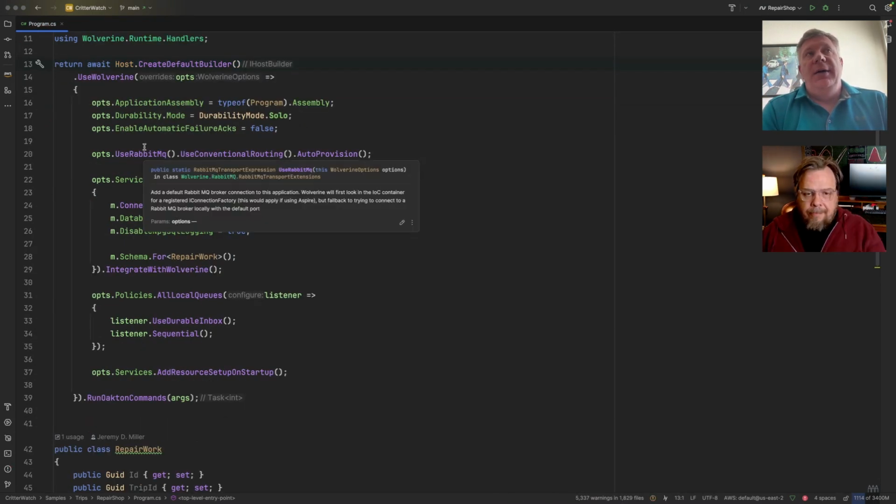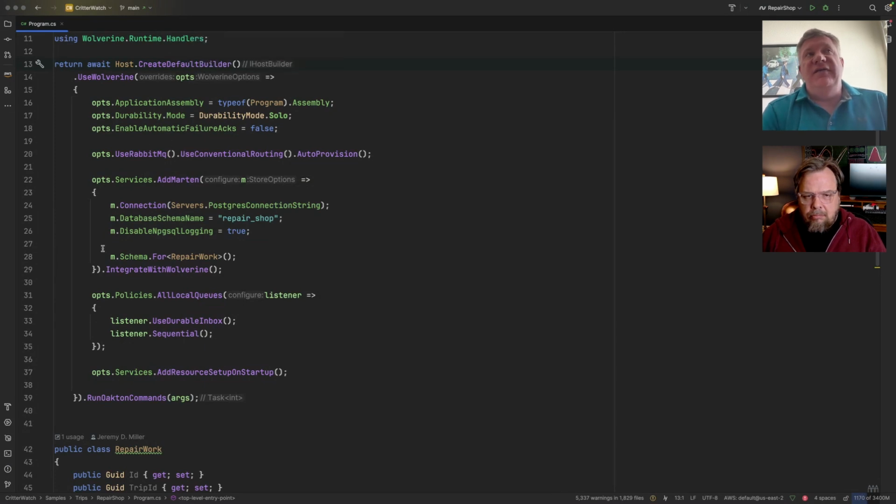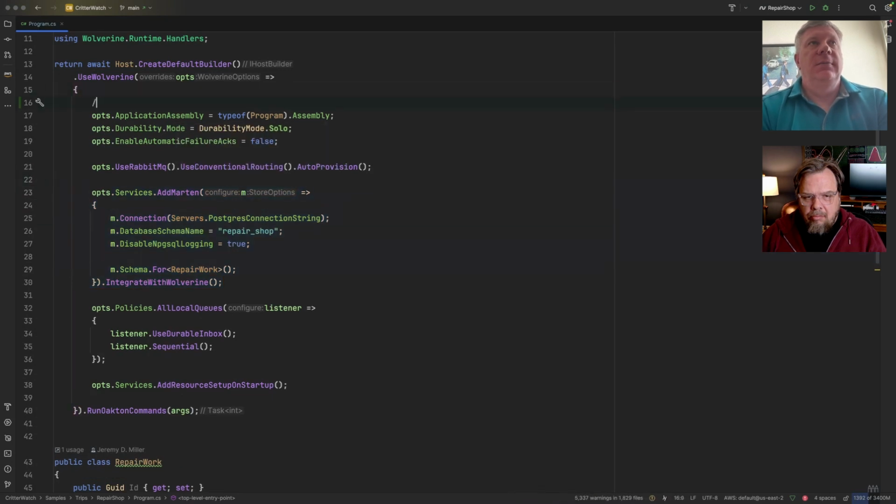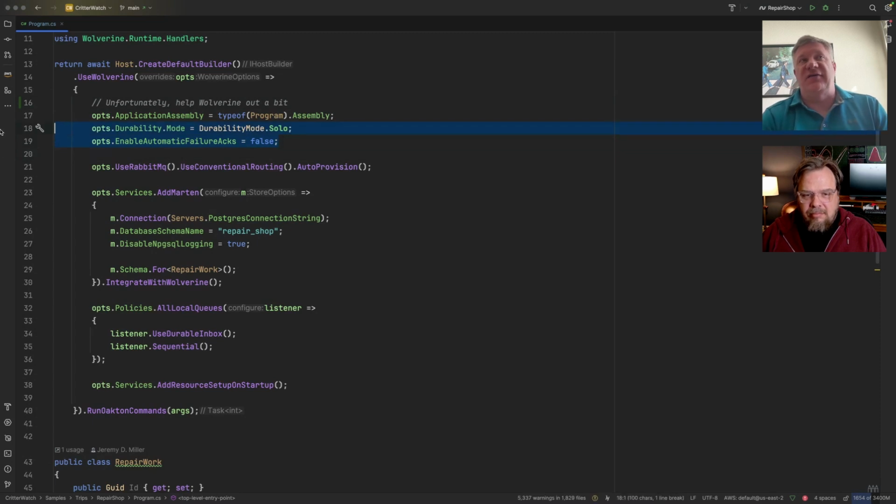Very good. I'm going to say UseWolverine, and inside of the UseWolverine, I can actually configure services. So that's what you see here. Unfortunately, I had to help Wolverine a little bit just to say, hey, this is the main application, because it was getting fooled. That's a bug that'll hopefully be fixed before you watch this video. These are really just some development time switches to try to make it start up faster. This is eliminating some noise. The two big important things here: